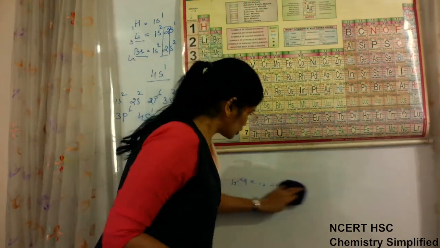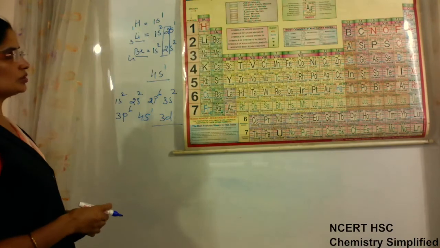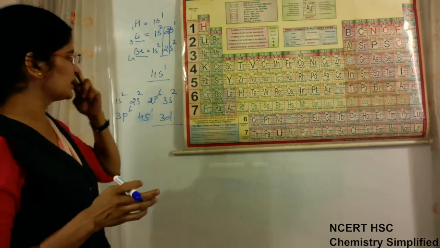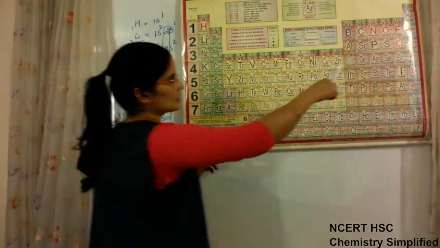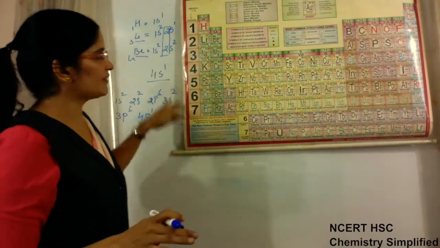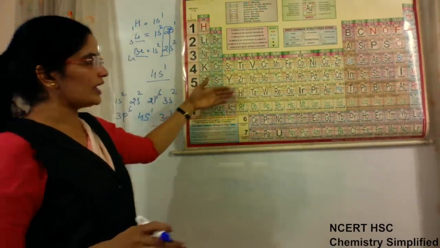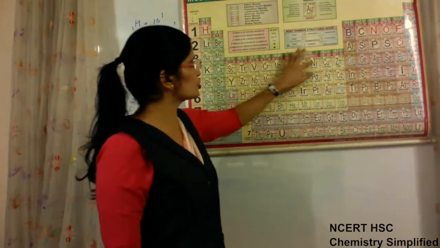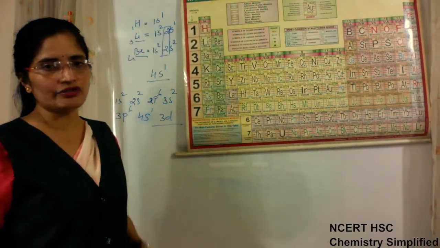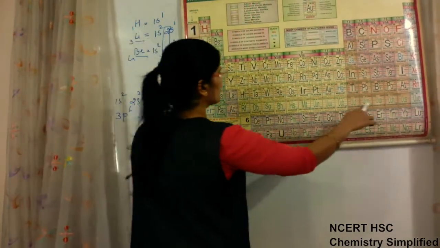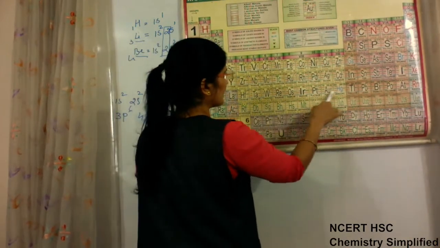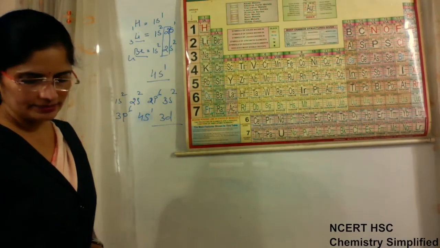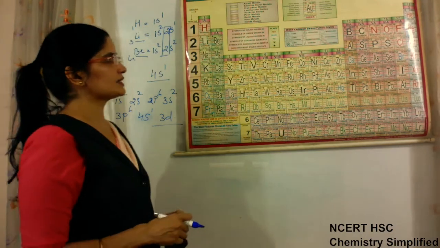Clear? Now, because in 11th you need to remember many elements in the periodic table, I will suggest that at least the first and the last you always remember completely. For the rest in between, S block elements and P block elements you can memorize, and for D block elements at least the first row should be learned by everyone, and more than that if you can do it is always good. But the other elements are never needed. These are also very rarely used, so these two are enough, and gradually if you memorize you can learn them very easily. Some other things we will discuss later.